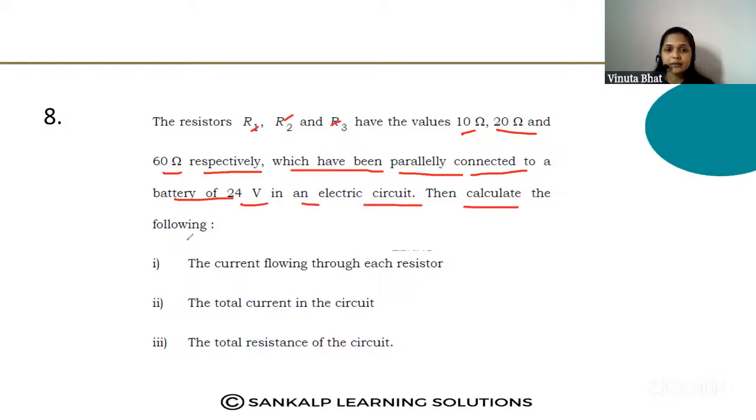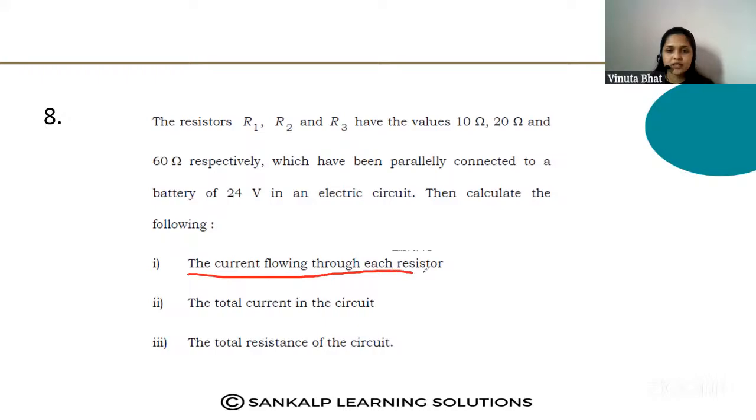Then calculate the following: the current flowing through each resistor, the total current in the circuit, and the total resistance of the circuit. These three things you have to find out. So let us write the given data here. R1,